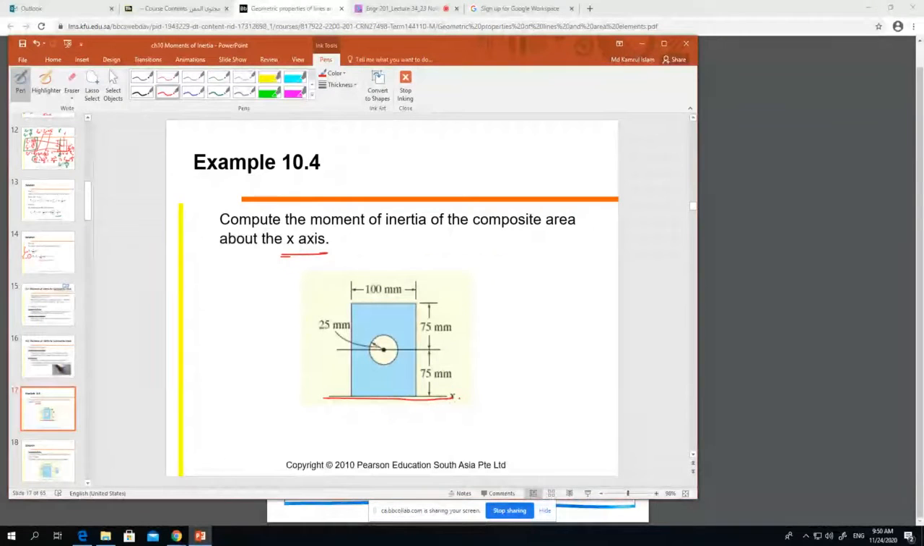Remember, where is this x-axis? The x-axis is actually in the base. It is actually the base, right? Now